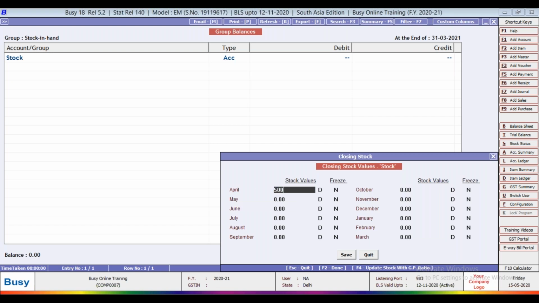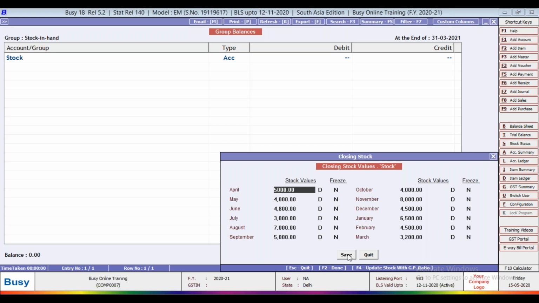Suppose we have defined in April 5,000, May 4,000, June 4,800, July 3,000, August 7,000, September 5,000, October 4,000, November 8,000, December 4,500, January 6,500, February 4,500, and March is 3,200.